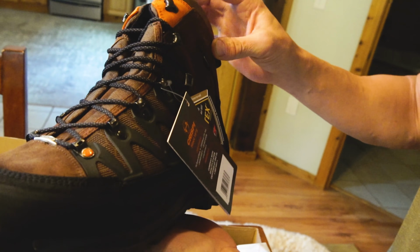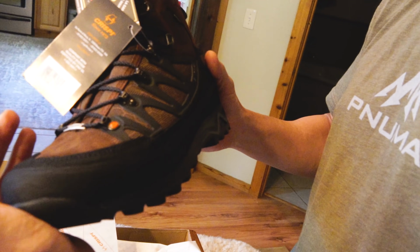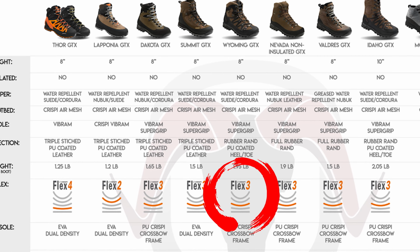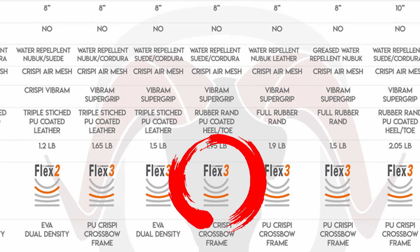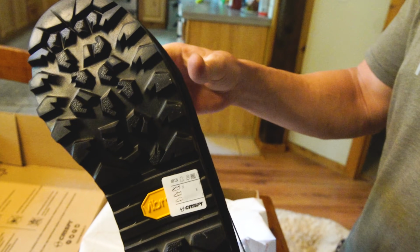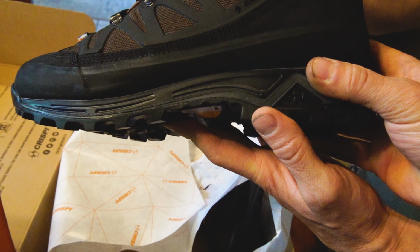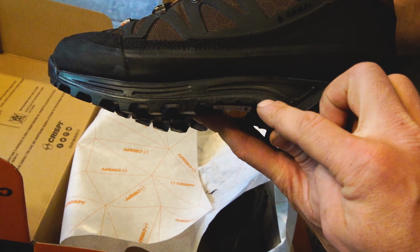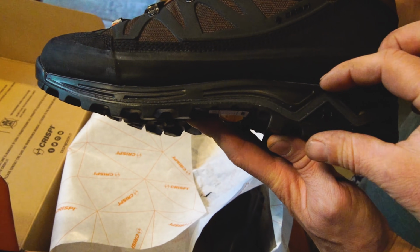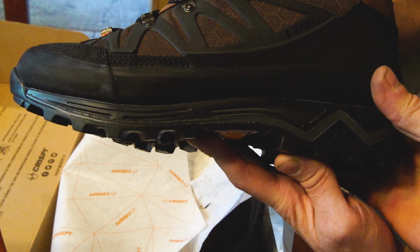How stiff are those? A little stiff. Let's see, they're number 3 on the stiffness rating. Kind of middle of the road. Show me the soles real quick, and then bring them at an angle so I can see where the midsole starts. This way? Yeah. So the sole is actually just right here, and this is the midsole, and then it's got this suede